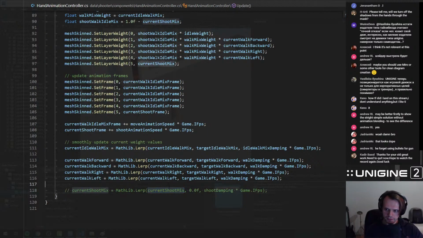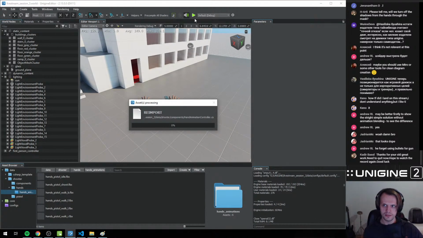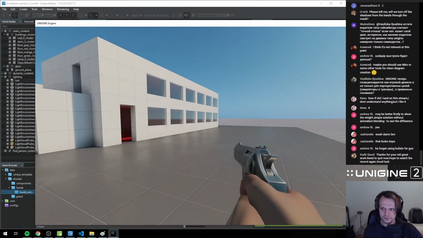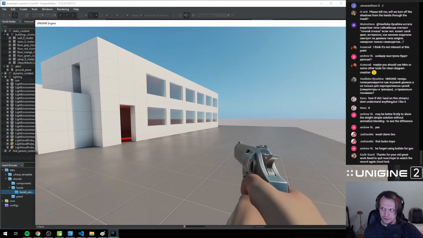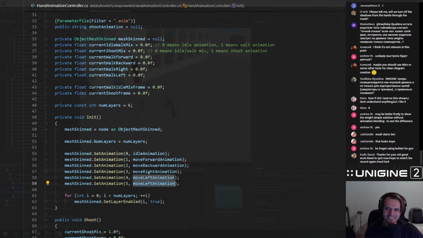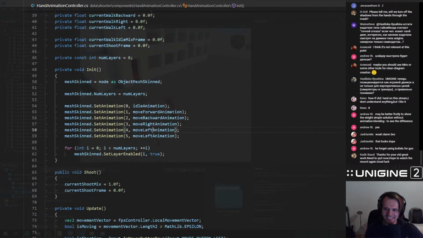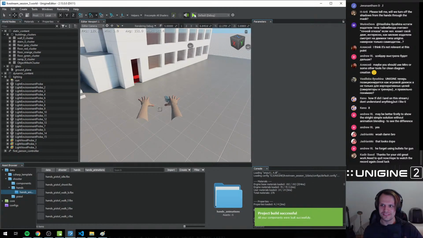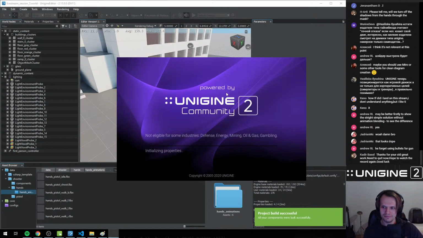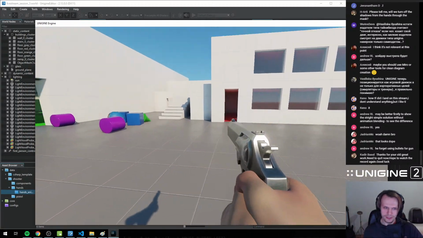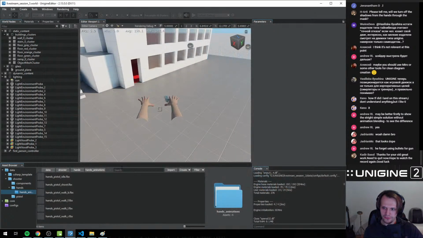Let's disable this and see if we will be able to see the shooting animation at all. Looks like it uses a different animation. Oh, okay, yeah, that's why. Okay, copy paste. Right. Yeah, now we're talking. Okay, so now we have a shooting animation, and we need to gradually